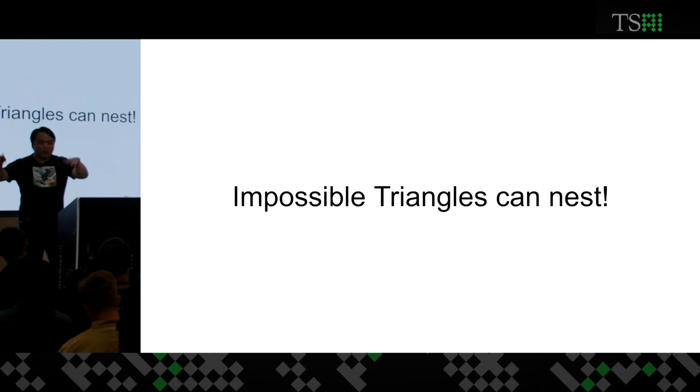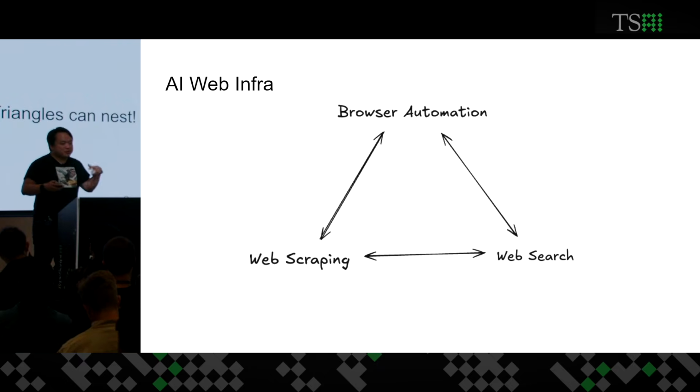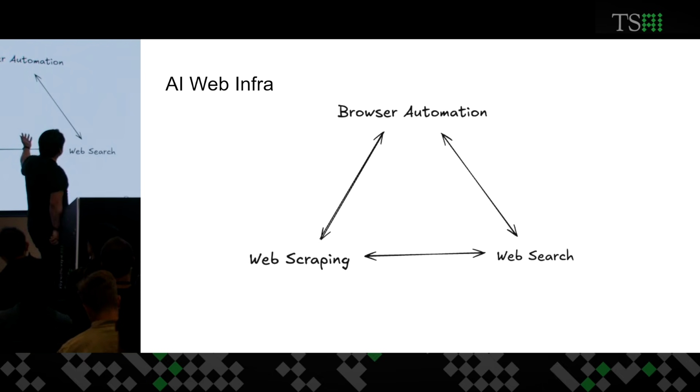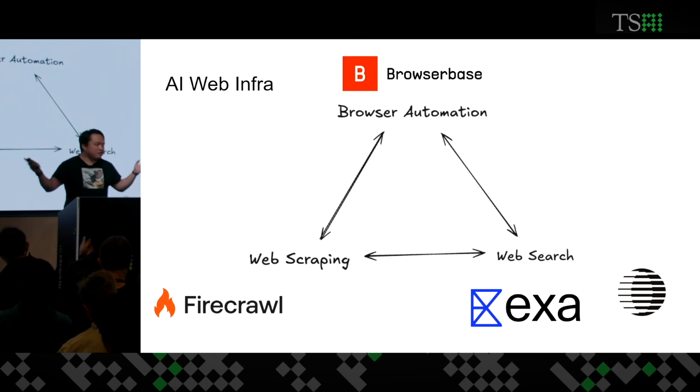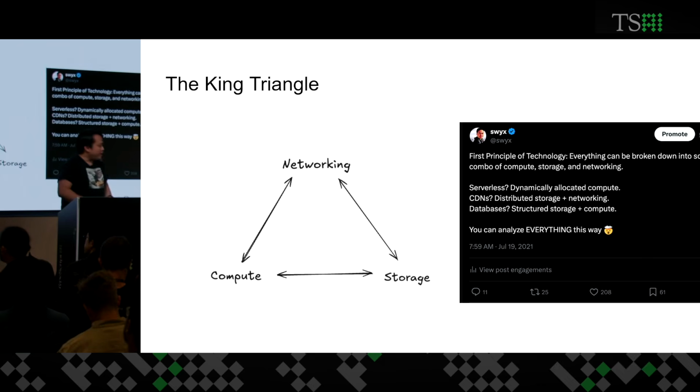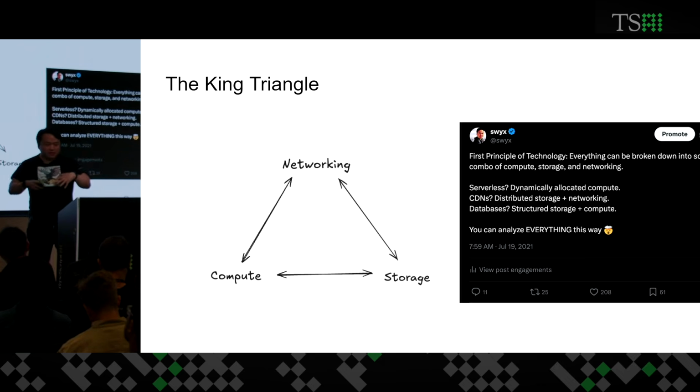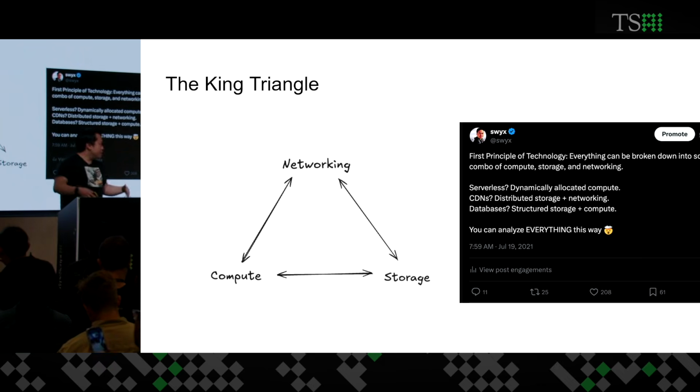The final point I made before coming back to LLM Infra is that they can also nest. You can go really, really small. My talk was supposed to be right after Browser-Base's talk, so I was going to do this. This is a fun one. Browser-Base will tell you that browser automation is all you need, but also you have web search and web scraping, right? Put names to all these, and you have the broad market, and you can think about the trade-offs in your tech choices, right? Okay, but all these are basically subsets of the biggest triangle of them all, which is